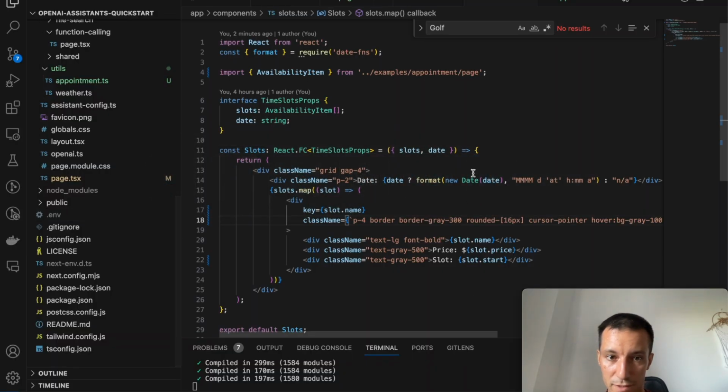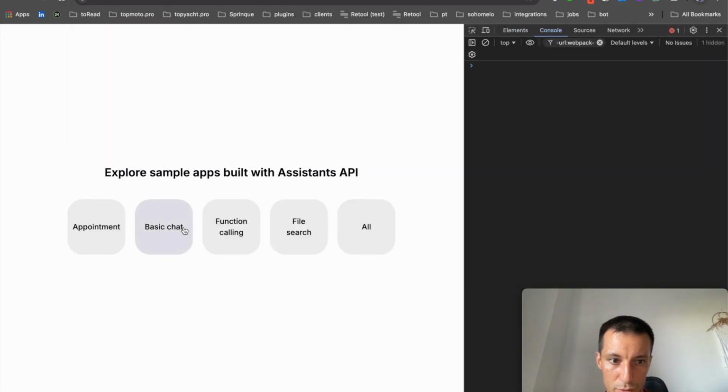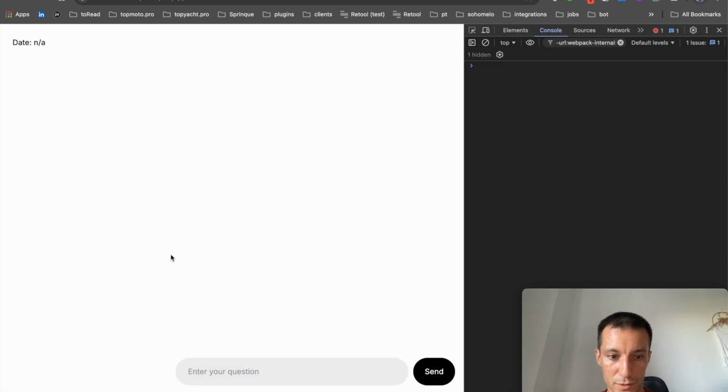So let's go and see it in action. Basic example looks like this. You will have those links and you can go and try it in action. And I have created my own for getting appointment. This is a simple chat. The chat area will be located here, and this is your application, and you will see how chat can interact with your application and display data here. Before we jump into it, let's